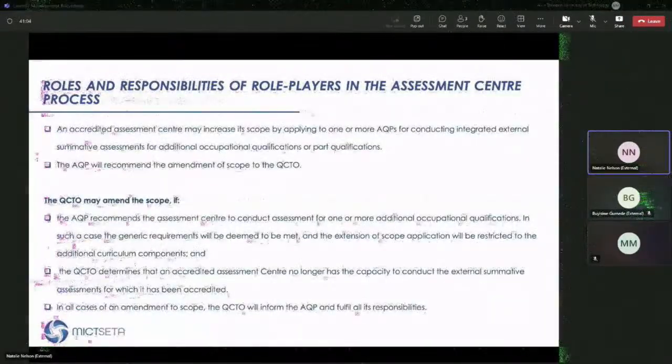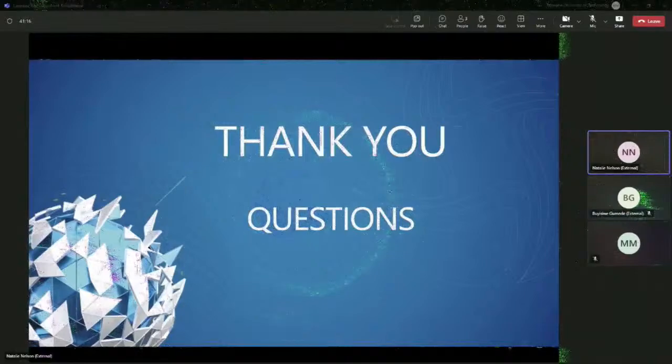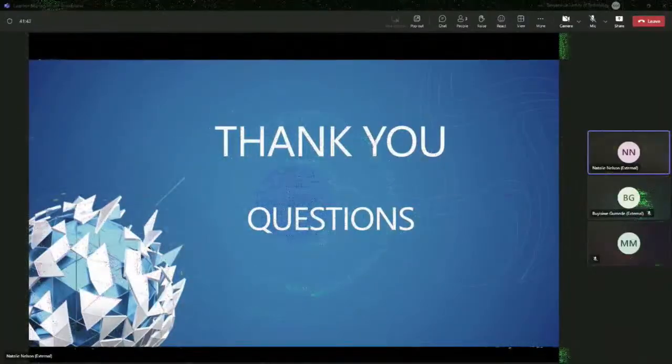Okay, and that, colleagues, I think covers the full scope of what we wanted to discuss, particularly around the transitional arrangements and the impact of the transitional arrangements. We wanted to give you an overview of the OQSF and how far the SETA qualifications can extend, up to and including NQF Level 8. We wanted to share with you again the outcomes of the Gazette of the 4th of June and the extension on the last date of enrollment on certain qualifications, but then also present the opportunity for you to eventually become external integrated summative assessment centers as part of the occupational accreditation process.